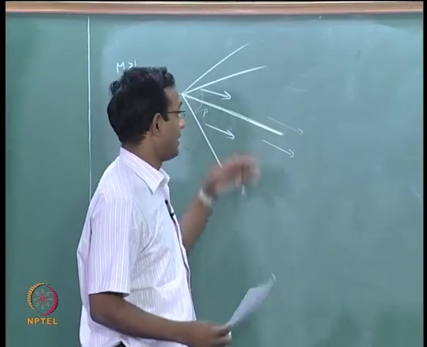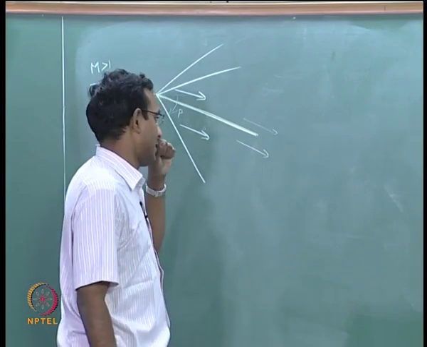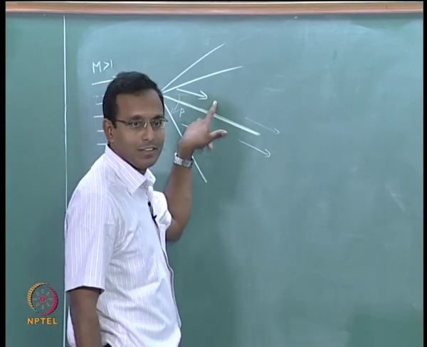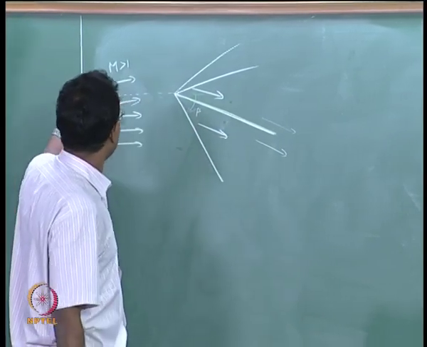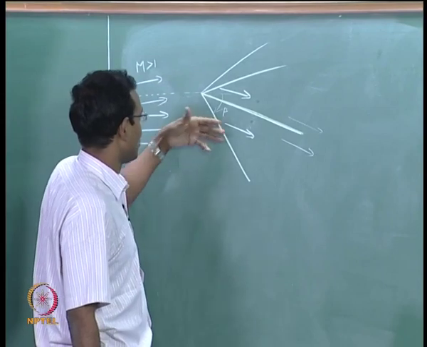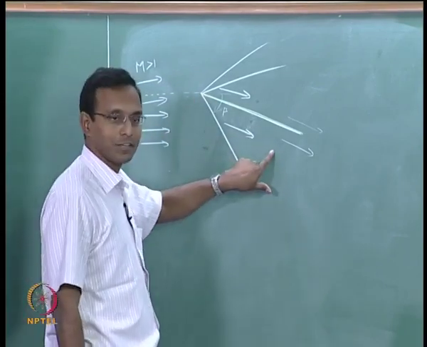If there is no problem, they will just keep going straight like this, but that is not going to be the case. Why? Because the pressure here is going to be different from the pressure here. How do we know that? This below this dotted line region is going to go through an oblique shock, which is a compression. It is going to increase pressure here.